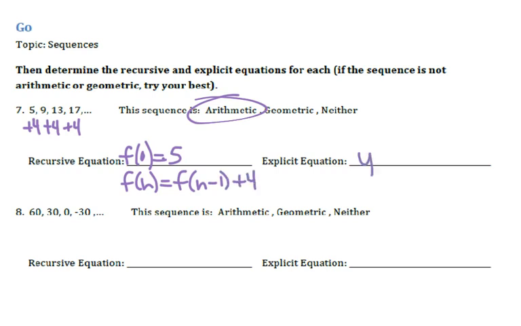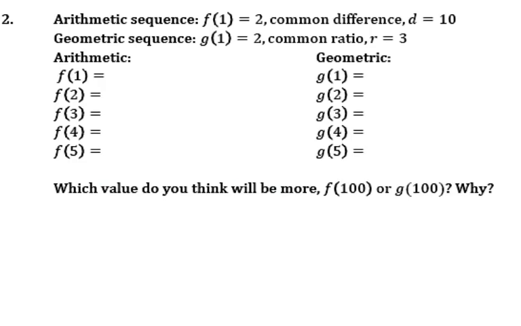So our explicit equation, where did we start? Started with 5. What did we do to it? Added 4. How many times? X amount of times. We multiply because it's arithmetic. Okay, there we go. Now, if we look at the 3.9, we've got